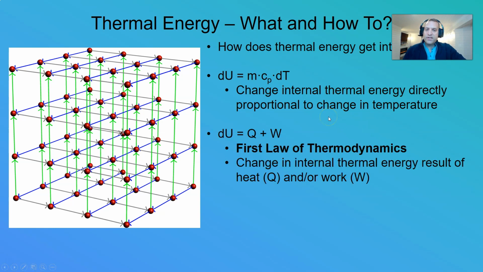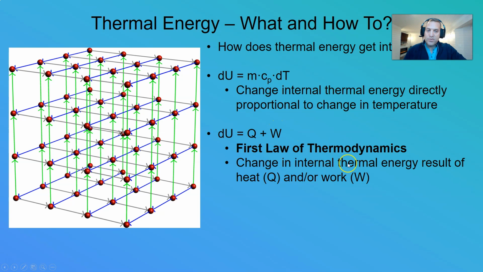So now let's look at the first law of thermodynamics. That tells us how we can actually achieve that. If we want an increase of temperature from an increase in U, how do we do that? The first law of thermodynamics tells us how we do that. We do that by either having heat, which is Q, or work. So that's the first law of thermodynamics.